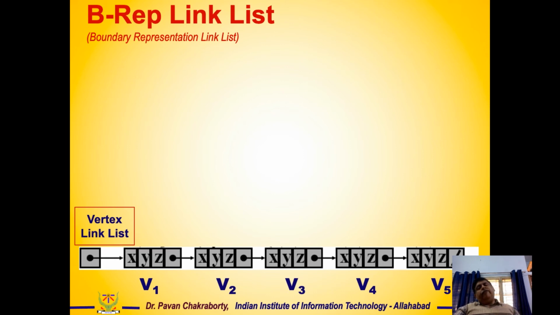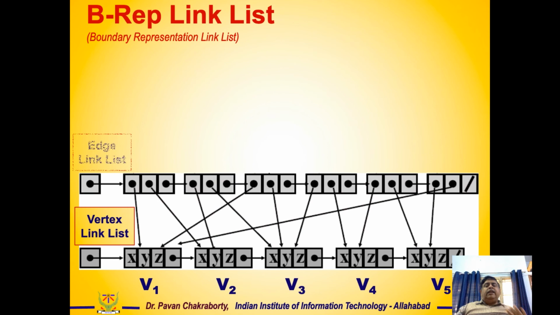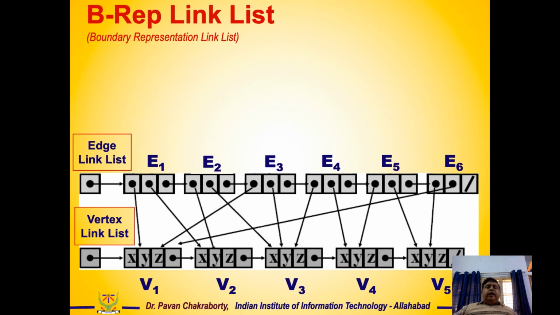Right, so I have this link of these points, a linked list. Now this linked list, you connect with another linked list of addresses, which you will call the edges. I have 6 edges, E1, E2, E3, E4, E5 and E6, and each is connected